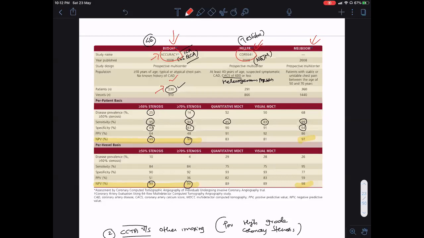It was found that when they looked at less than 50% or more than 70%, more than 50%, the CT coronary angiogram performed well. The sensitivity and specificity were quite high. As I mentioned earlier, the negative predictive value was quite high. This is the same story in all these three trials. We just need to know the names and what happened. Of interest is that in the CORE 64 trial, the coronary artery calcium of 600 was actually considered to be